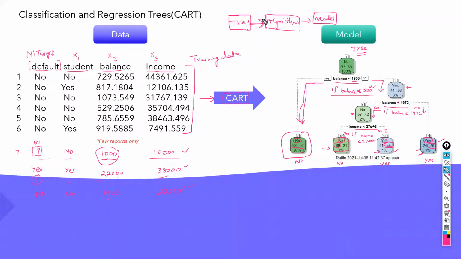Now let's talk about this process where we pass the training data to an algorithm and it is about to generate a model. What happens inside this training process? This process is called the training process. What happens inside this training process so that it comes up with this particular decision tree over here? Okay, so far so good.